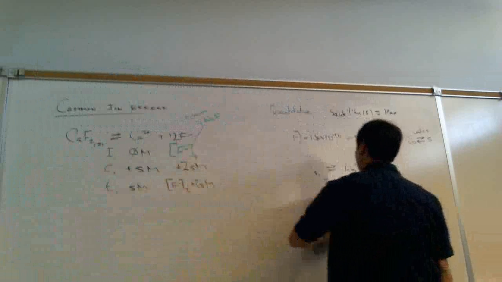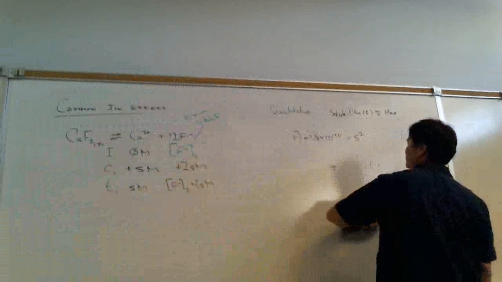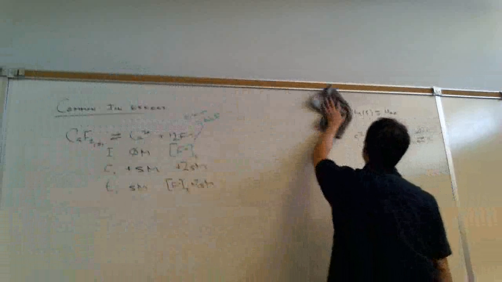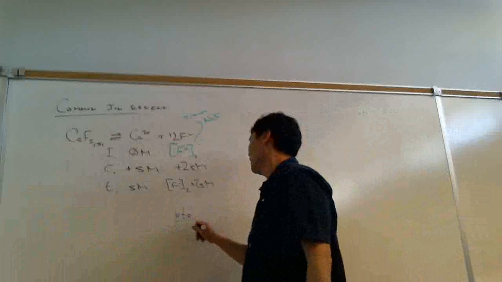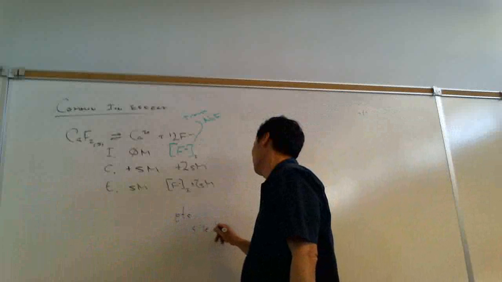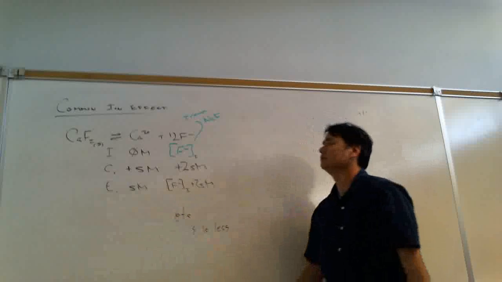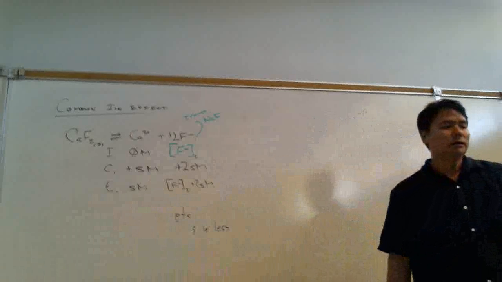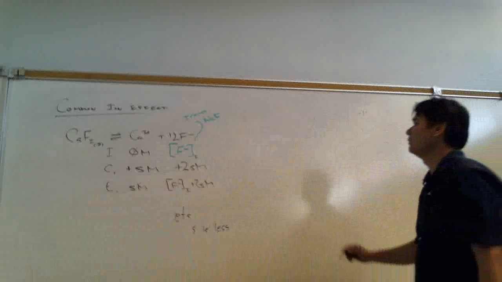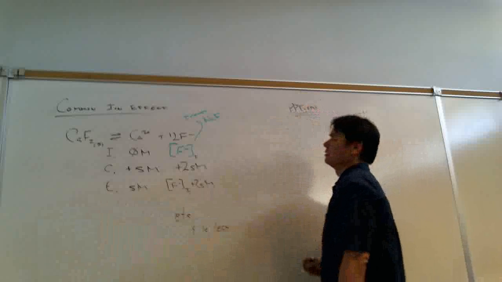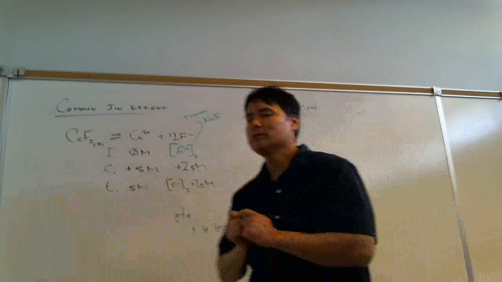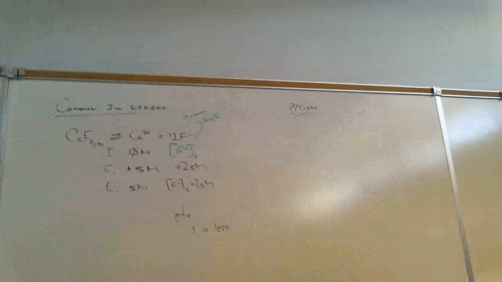Well, this is the same kind of concept as in precipitation. So here, S is less. So the common ion effect is used in precipitation. And so let's look at precipitation as an application of this. But in precipitation, let's say we wanted to precipitate out calcium. You precipitated out calcium ion in the lab using